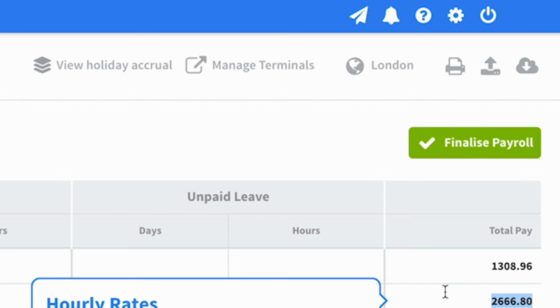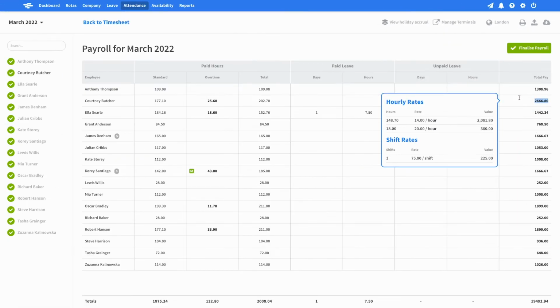Once you're happy with your report, it's time to finalize it. Similar to locking the timesheet, this will prevent any changes being made. However, this can only be done by an admin. It's an important step in maintaining secure reports, so we recommend you always lock and finalize. Finalizing will ensure past pay periods aren't affected when you make any changes to an employee's profile, such as a pay rise or a change in working pattern.